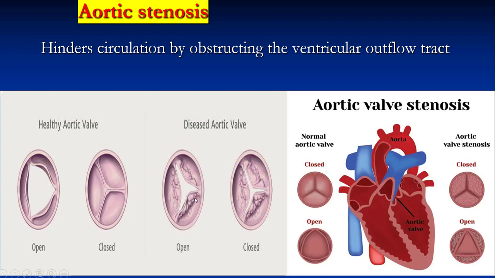Aortic stenosis hinders circulation by obstructing the ventricular outflow tract. Here this is the normal aortic valve and its normal orifice or opening, and when the aortic valve is normally closed. Here in this case the aortic valve opening is reduced in size, and this reduction in size is called aortic valve stenosis. This is the open aortic valve stenosis. Due to this stenosis, the flow from the ventricle to the aorta is